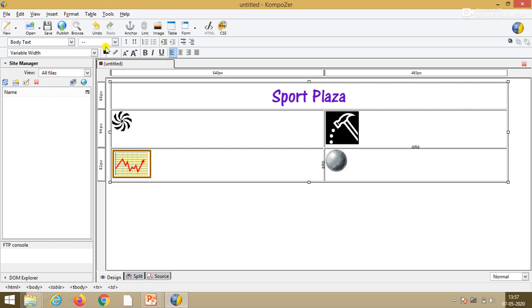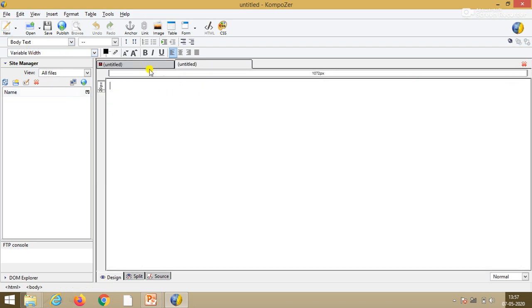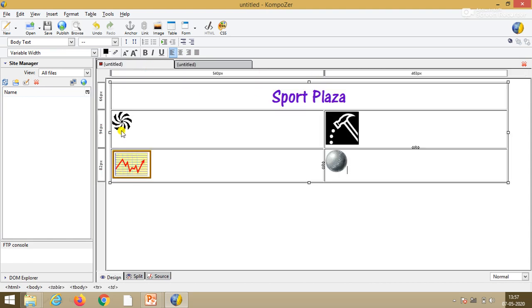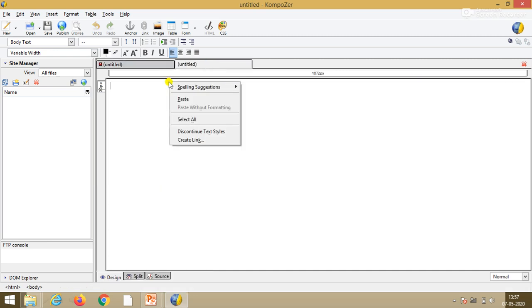As I discussed in the previous video, we gave 2 links and created 2 pages for image 1 and image 2. In this video I am giving only one image link, so I will create only one page. To create the new page, we click on new and our page is created. From the first page, we will copy this image and paste it to the second page.